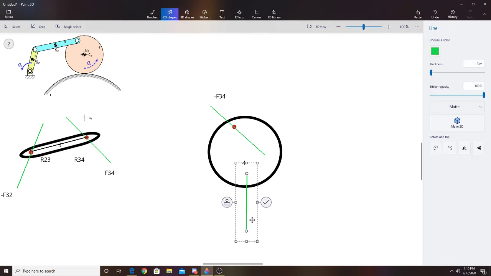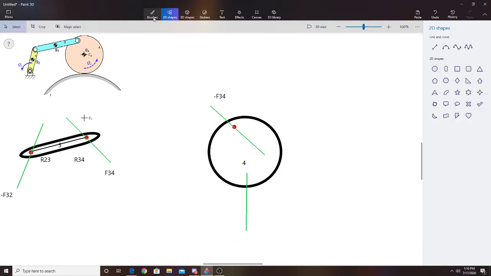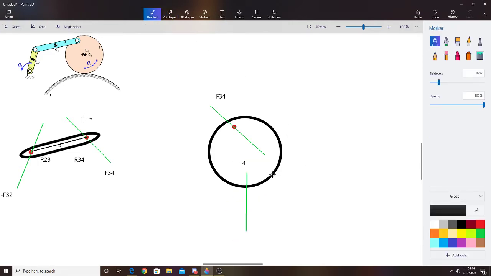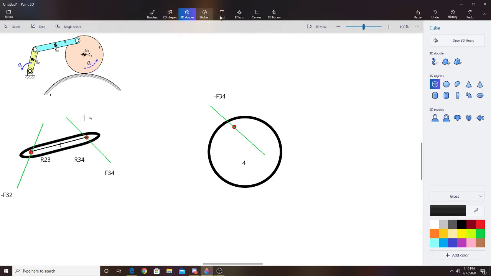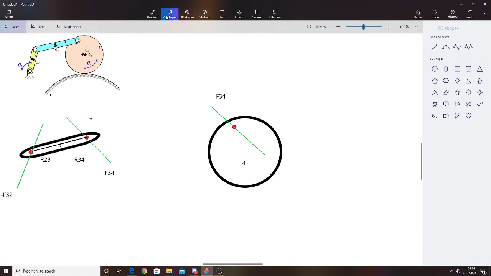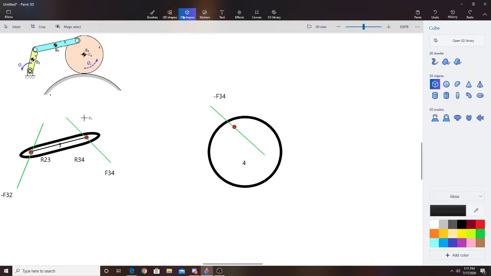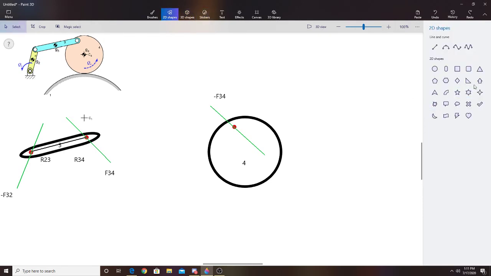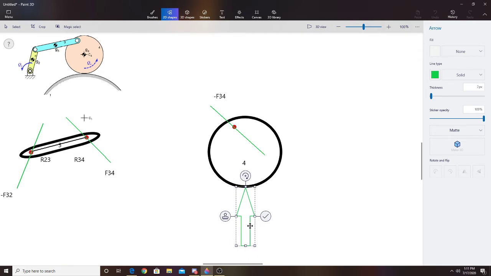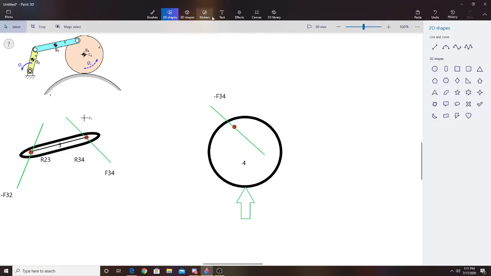F41, yes. So I'm going to just kind of do it like that. Actually, we're going to do something different. I figure I use external forces to be a little bit different. I always like to use stuff like that. Alright, and then that one is